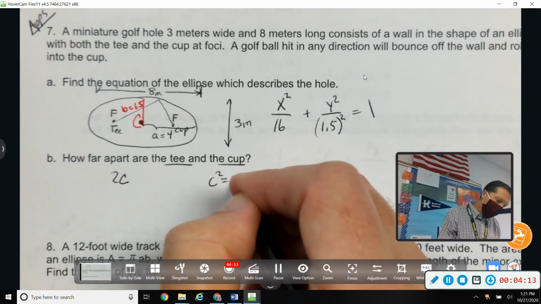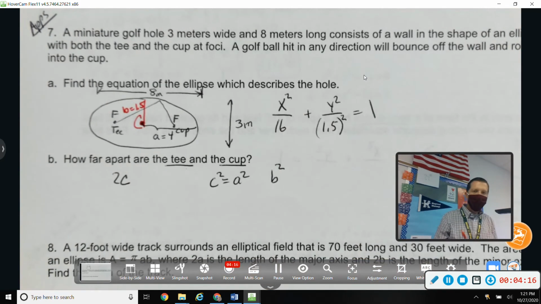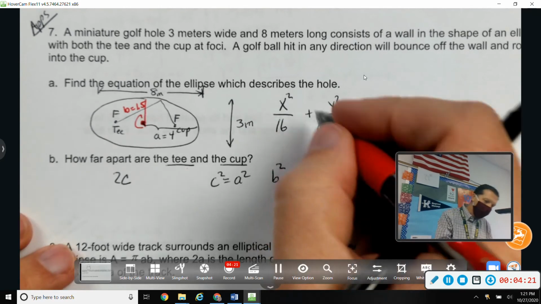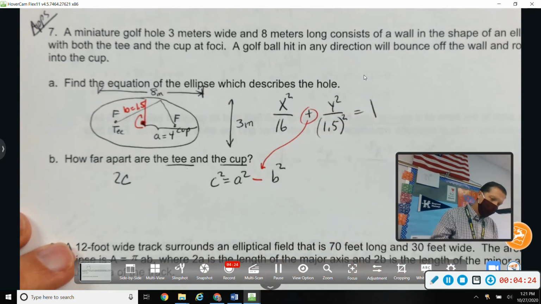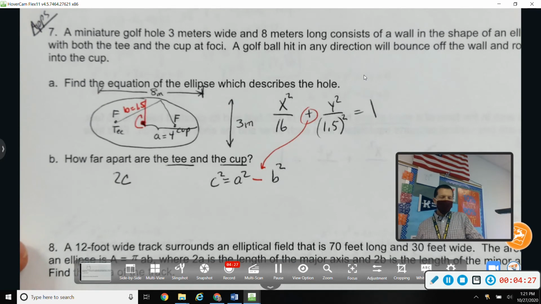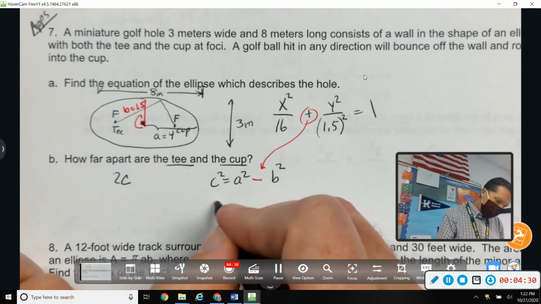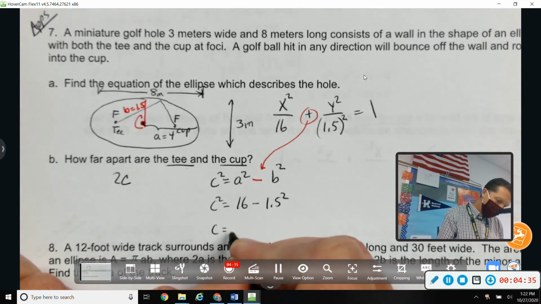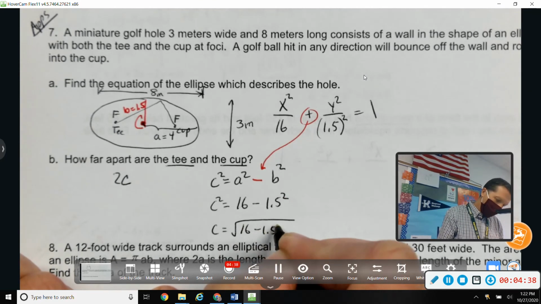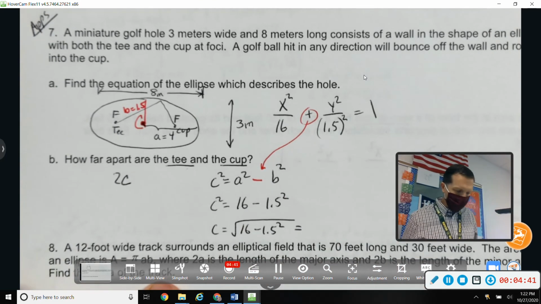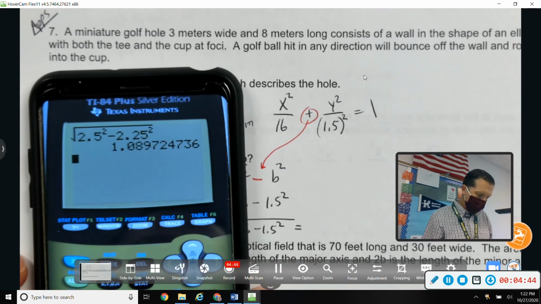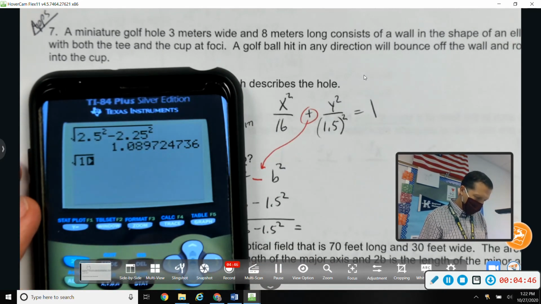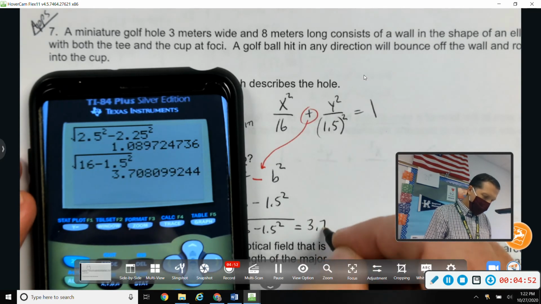So c squared equals a squared, oh, this is what I was talking about earlier, for an ellipse, minus, because it's always opposite of the main sign. That's how I remember it. c squared equals 16 minus 1.5 squared. Again, I'm going to the calculator to let the calculator handle all these decimals. Square root of 16 minus 1.5 squared is 3.708